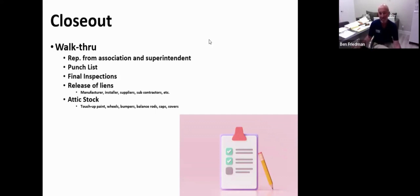Okay. And then lastly, what I like to gift wrap a window and door project with is what we would call attic stock. Attic stock are things, they're pieces, they're parts, they're touch-up paint, they're wheels, they're bumpers on a window that goes up and down. They're the springs or the balance rods, things that we know can go wrong in the short term. Caps, covers,